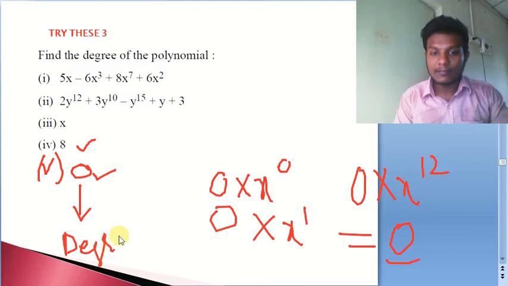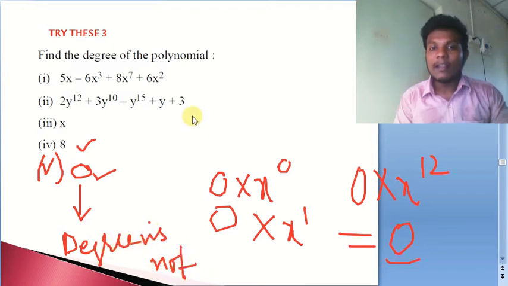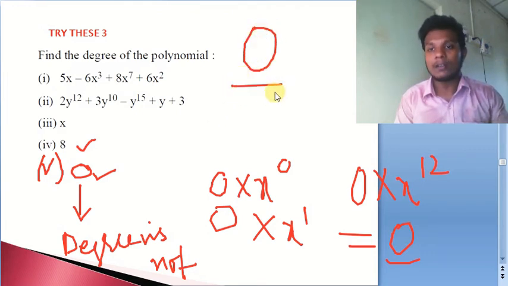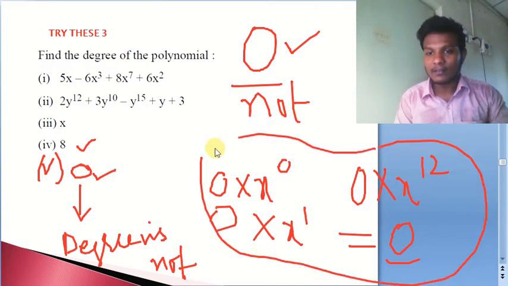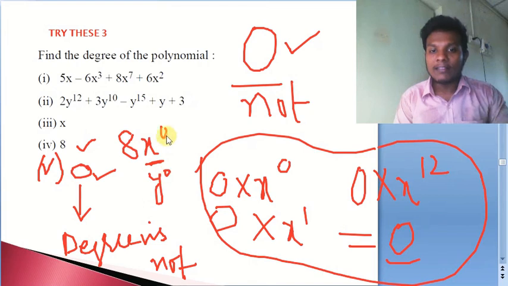Degree is not defined. That means in the question, suppose I ask you what is the degree of 0 polynomial, or simply if I say 0, then what is the answer? It is going to be not defined. Why? Because there are many possibilities in such cases. But if I say constant, I can always assume x power 0 only. So this is the fixed one, y power 0 only. Whatever the variable I take, for a single power I am getting this constant back.